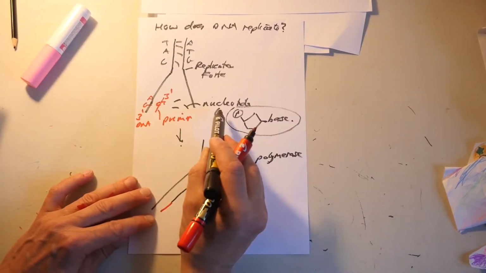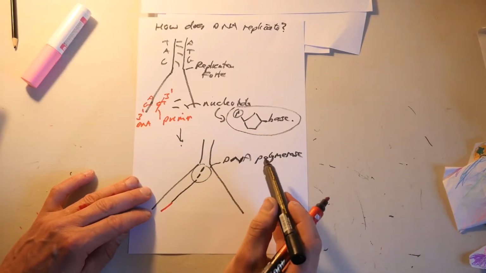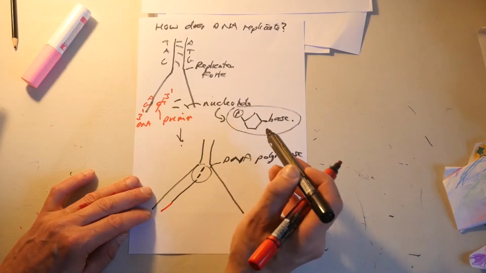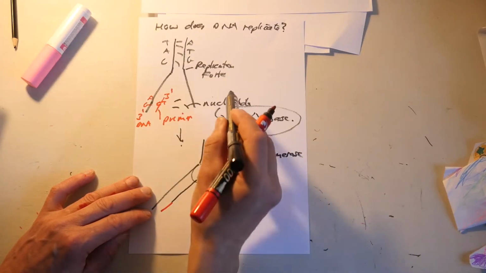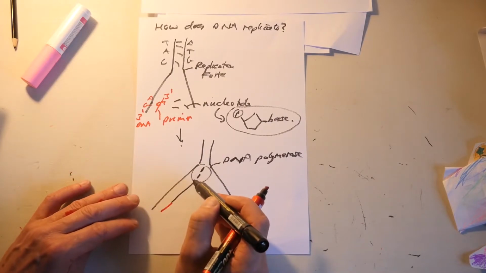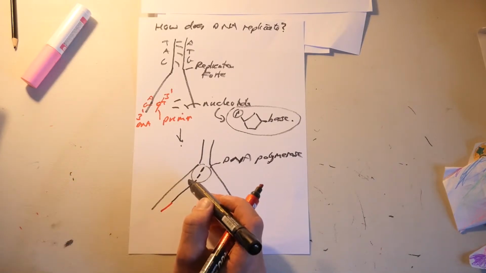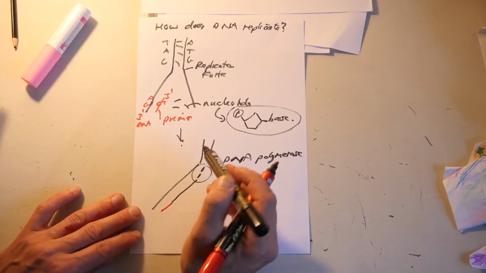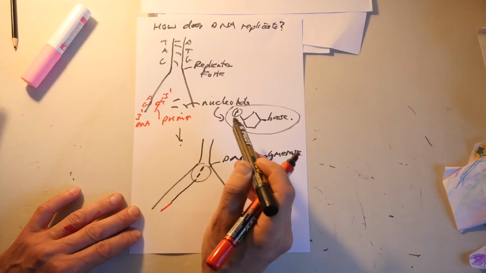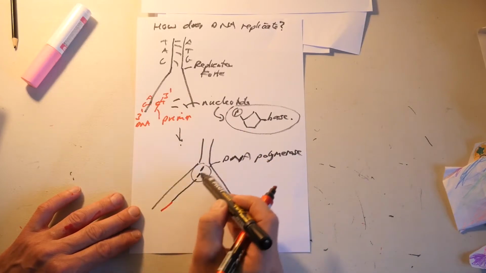In this case, the substrate is the nucleotides. The enzyme acts on them and joins them together to make the new DNA strand, okay. So I'll repeat that. The nucleotides are the substrate, the enzyme takes the nucleotides and joins them together and makes a new DNA strand,